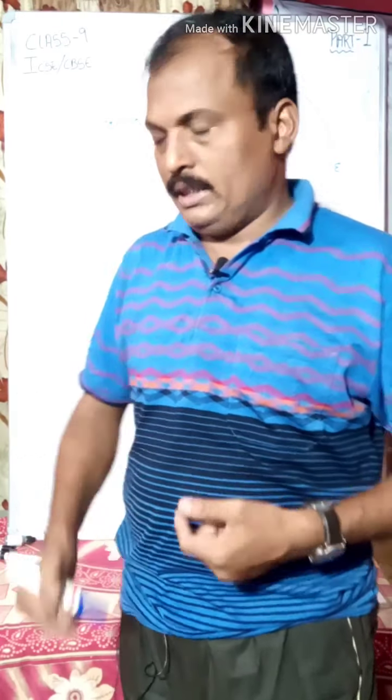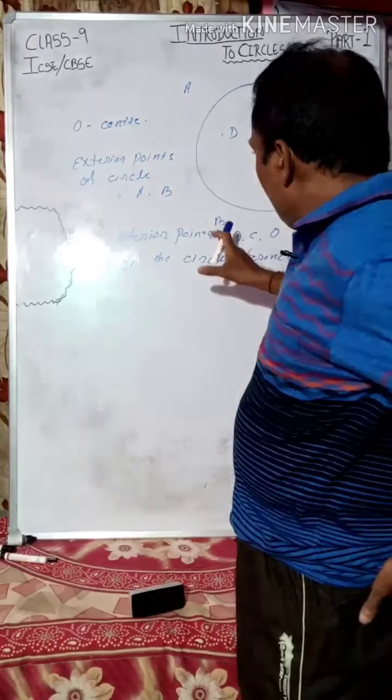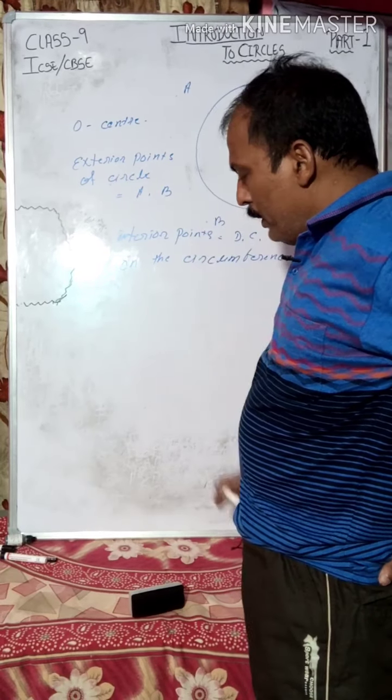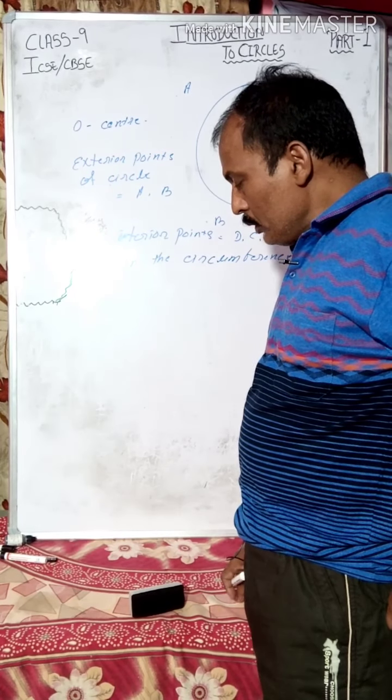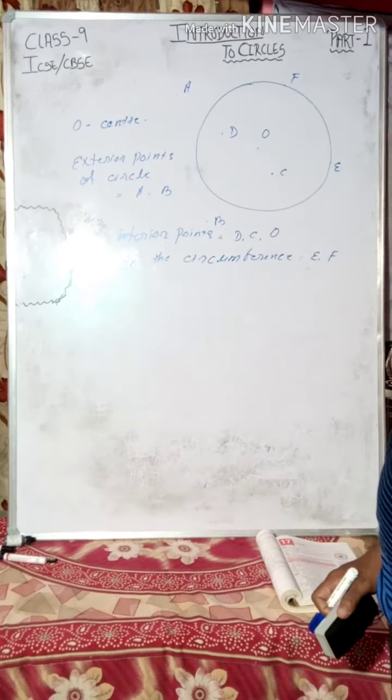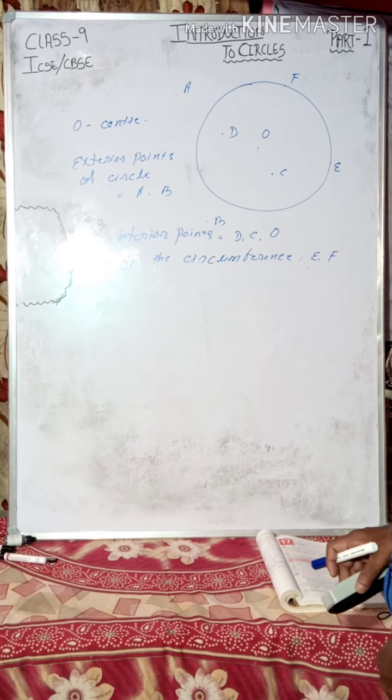Likewise, there is the exterior of the circle, the interior of the circle, and on the circle, which means on the circumference. Then the next point we will discuss